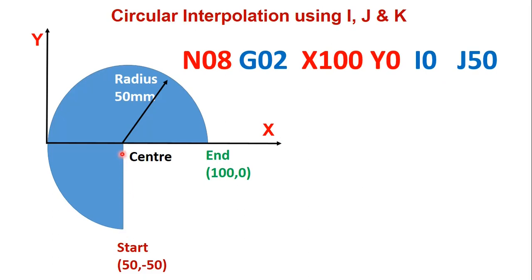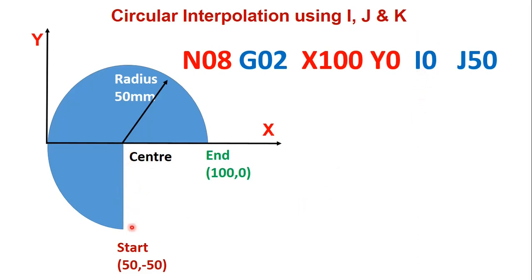Distance from the start to the center in the direction of X. So in the direction of X, the center and the start point have the same coordinates. No change, it is the same. So that's why it is currently 50, 50, but it is the same. There is no difference, so that's why it is 0.